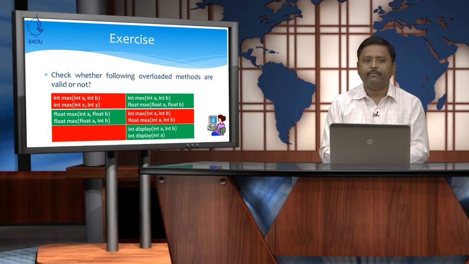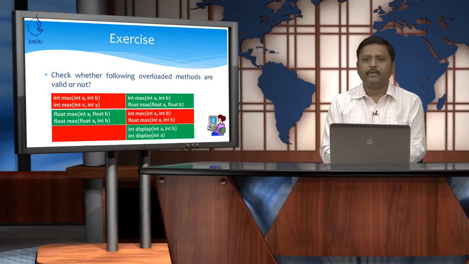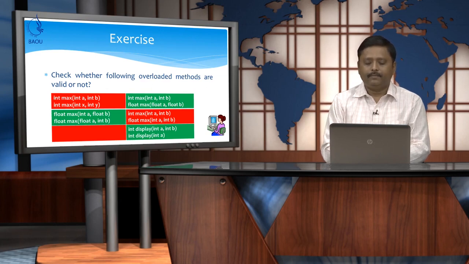The last definition we see is display, which takes 2 parameters in the first case and 1 parameter in the second case. So, this is valid, because the parameters are clearly different in number. So, the compiler can easily determine. So, I hope you understand how method overloading works. Now, we will demonstrate how to overload methods by various programs. So, let us start in NetBeans.